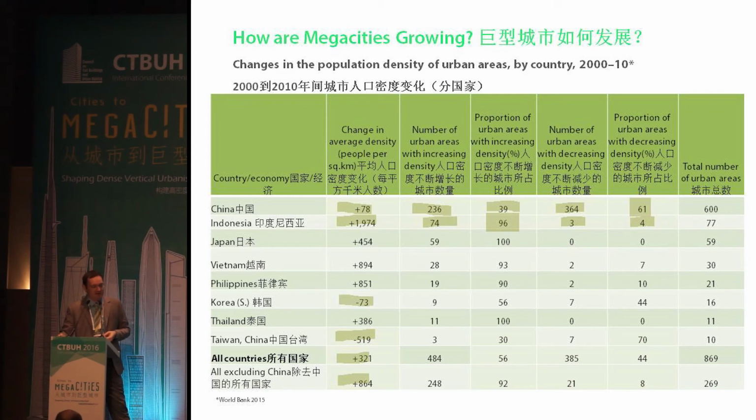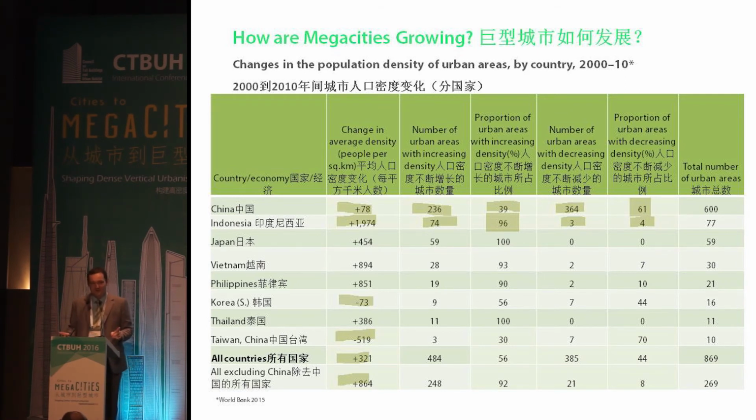And actually, if you look at some of the more advanced countries in Asia, which are doubtless very dense, South Korea is down 73. Taiwan, if separated from China, is down 519. So if you separate out all countries, it's 321. That is 321 more people on average per square kilometer during that 10-year period. Excluding China, it's 864. And there's quite a few urban areas in China with decreasing density, yet they are gaining